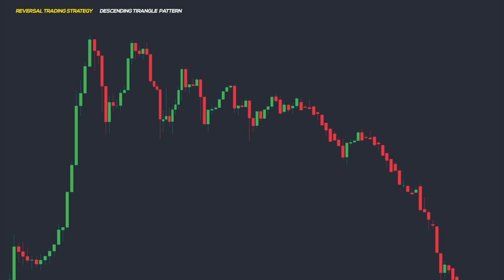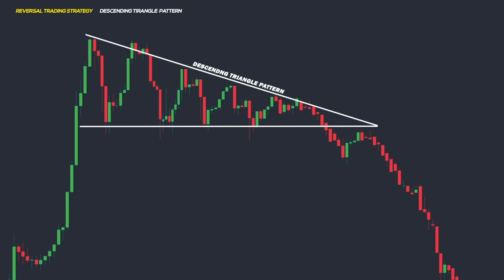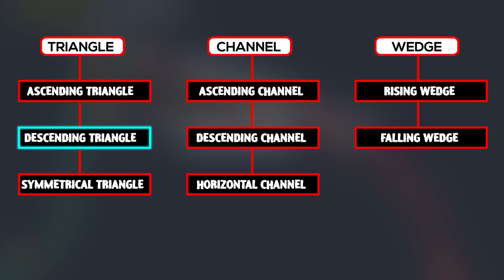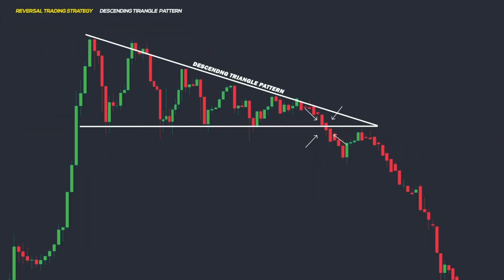So, you have a moving uptrend before a descending triangle formed. Again, it could have been any pattern from this list, but in this case, we're having a descending triangle. Like we previously showed you, once price breaks below, you have a chance to take a breakout entry short, but in this case, for more secure traders, you will not do that and you will wait for a pullback